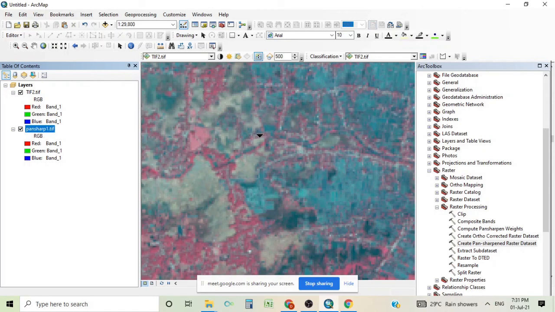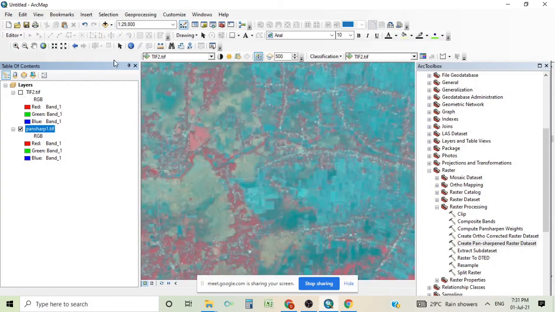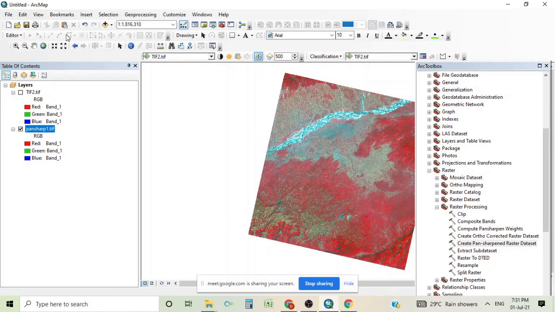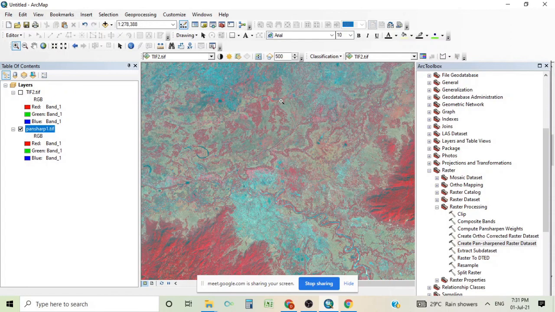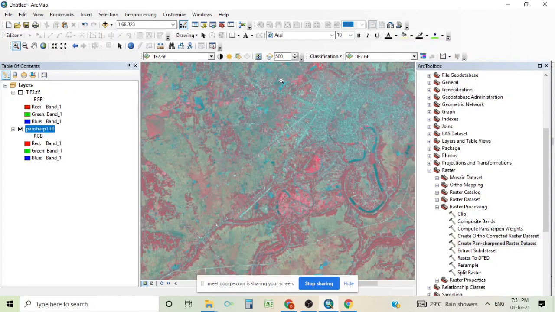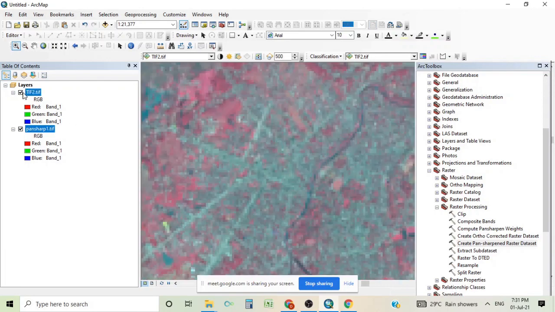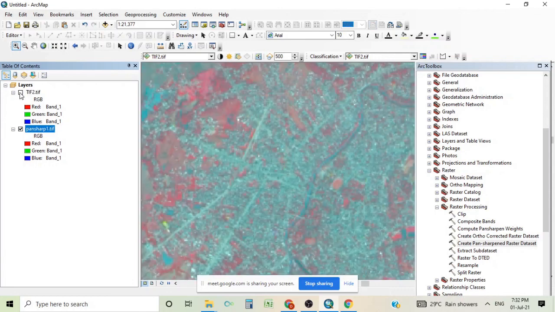Thereby, now if we use this panchromatic data instead of the original data, these are the pan sharpened data, and you see the TIFF data, the original data here, and if you remove it, then the pan sharpened data. So urban features become more prominent in your pan sharpened data. So for digitization purposes,